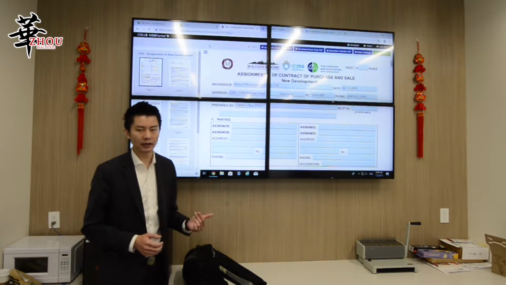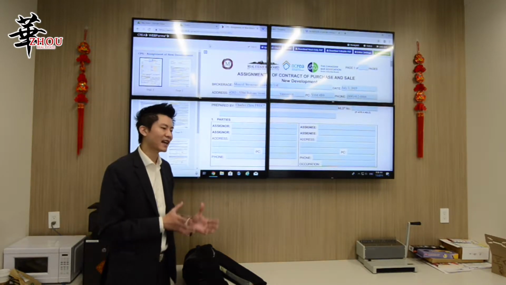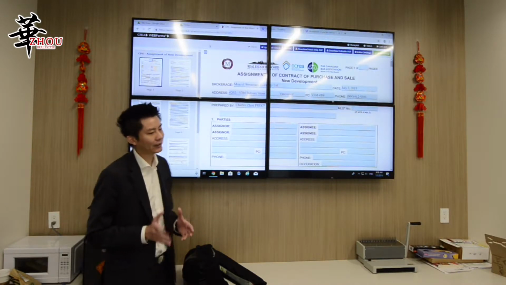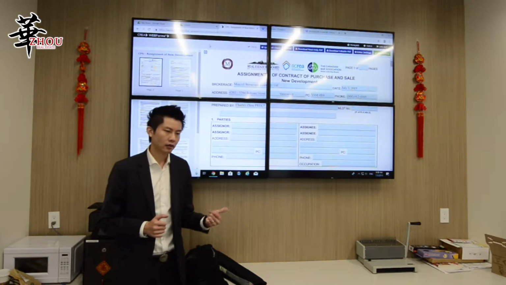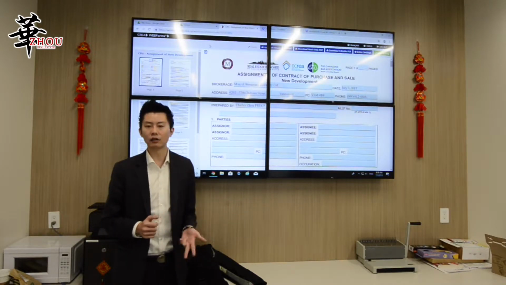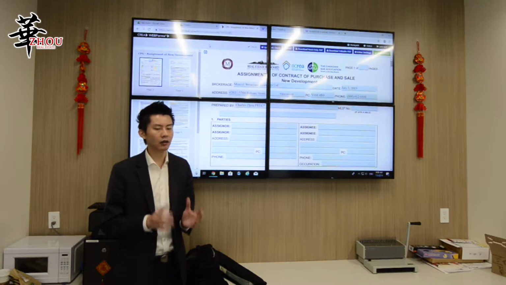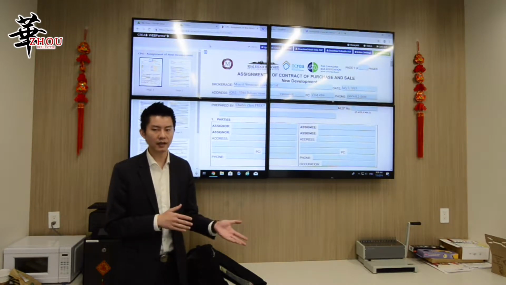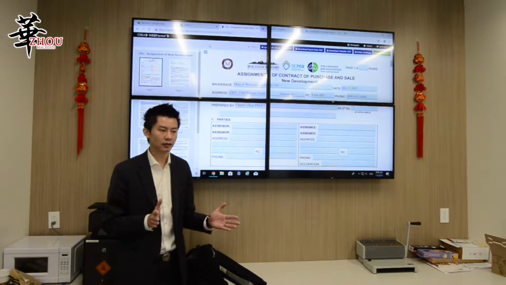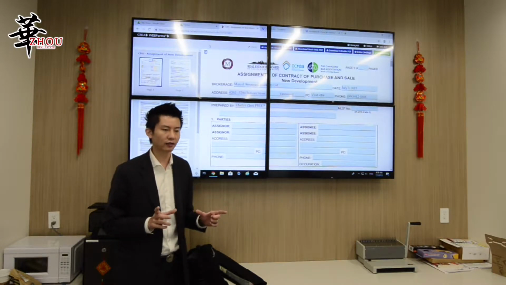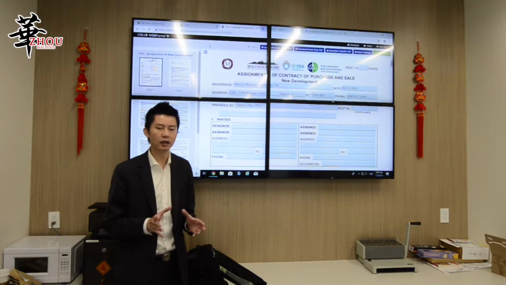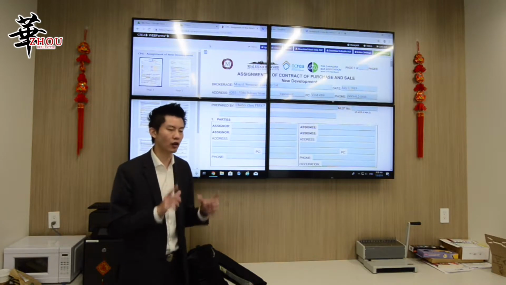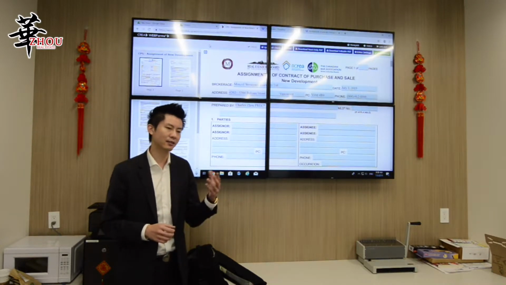Assignment of contract is a transaction that is not completed yet. It can apply to a house, townhouse, or pre-sale condos. Anything that is not completed yet, and you want to sell this agreement to a third party. Basically, you're selling your sale agreement. You're selling a paper. You're not selling a property because you do not own the property yet. Before completion, you only own the contract, the paper. So you're selling this paper.